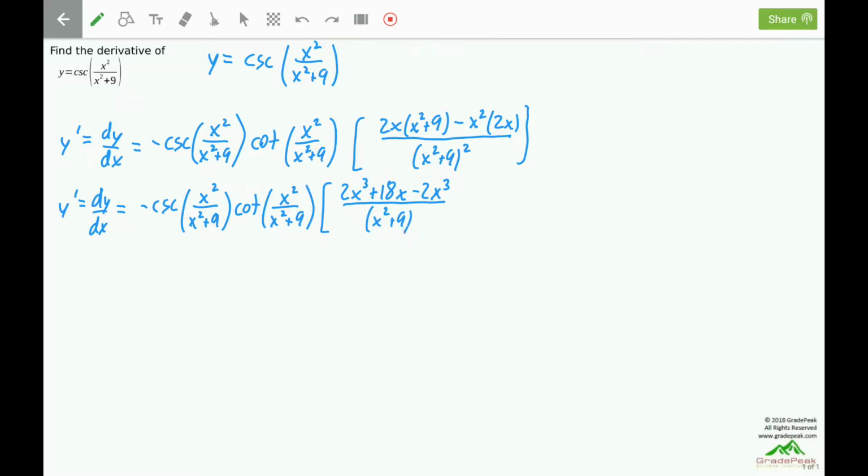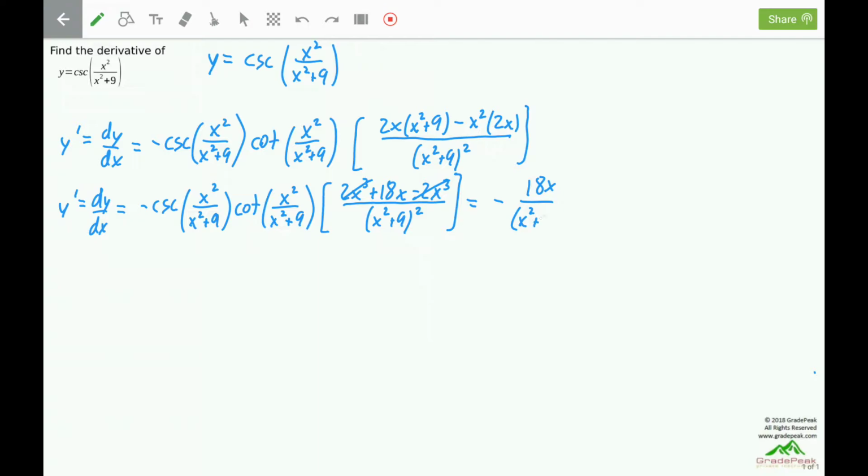the denominator quantity squared. And I can combine like terms together in the numerator of the square brackets, so I have a 2x cubed and a negative 2x cubed. Those actually cancel, and I have an 18x. That's what's left over. Now, it's customary to write power functions before trig, so I'm going to move that expression to the front. There's already a negative up there, and that negative will just sit in front of that expression. So that means I will have negative 18x